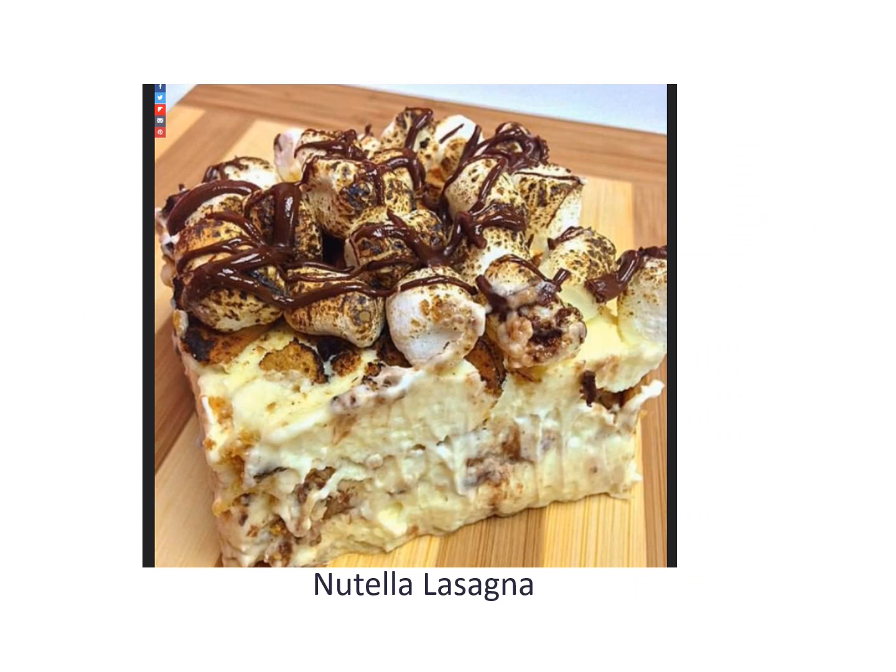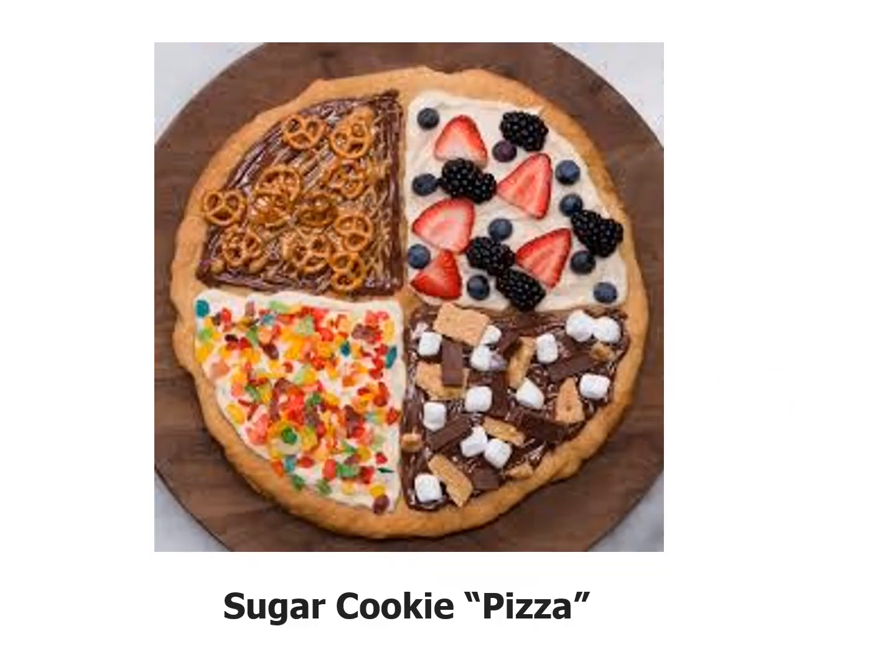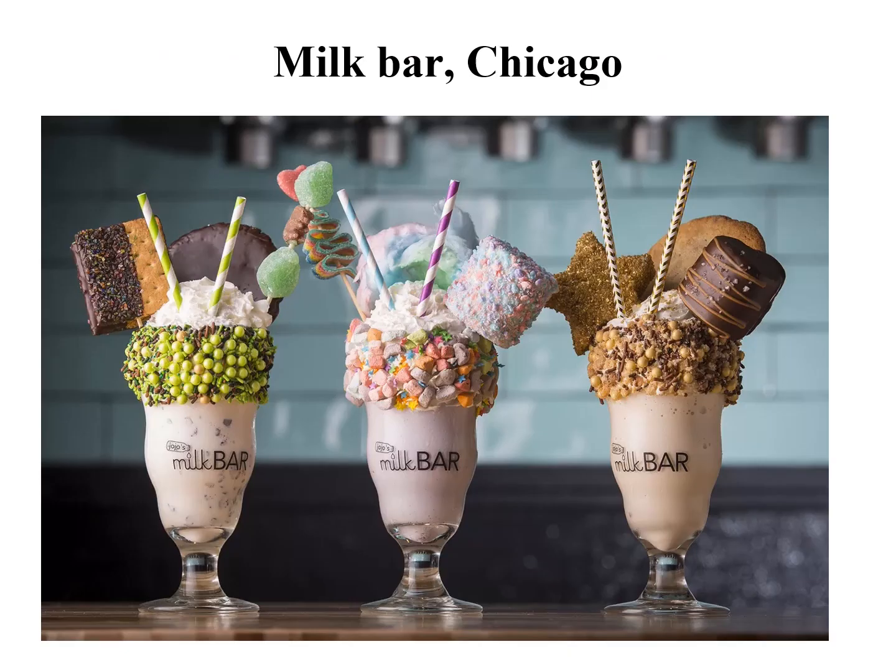This Nutella lasagna, real or not? And this is real. There are people that eat this. This sugar cookie pizza, of course, you know that this is real. I show you a video of a place in Chicago that it might be delicious, but it's just weird to